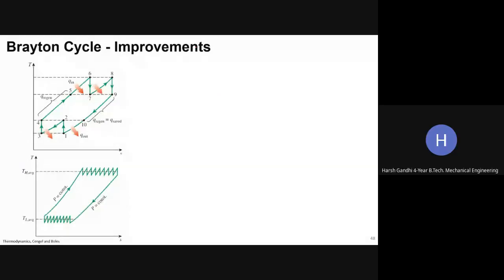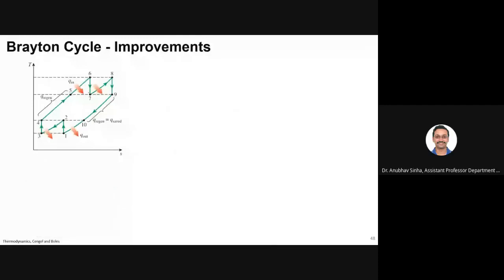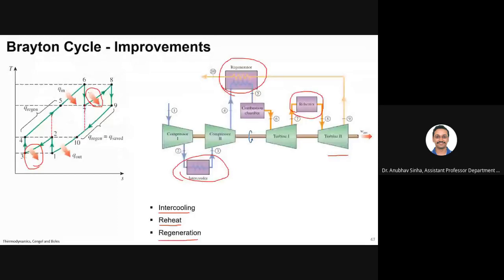I really understand that. So regeneration, we studied for your Ericsson and Stirling cycle. Basically, we see exhaust gases are generally at high temperature, right? You're throwing out some heat. So use that exhaust gas, and this is a heat exchanger. You use the energy of the hot gas and heat up here. Otherwise, in this process you have to burn fuel to increase the temperature, right?